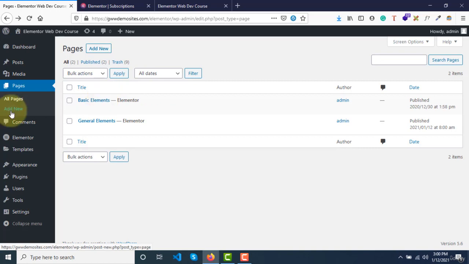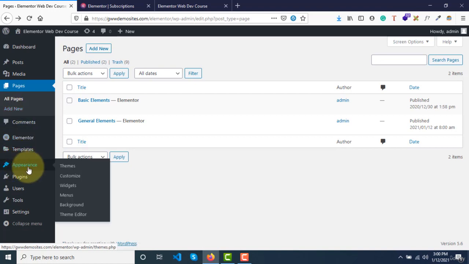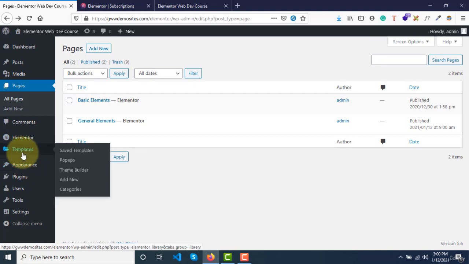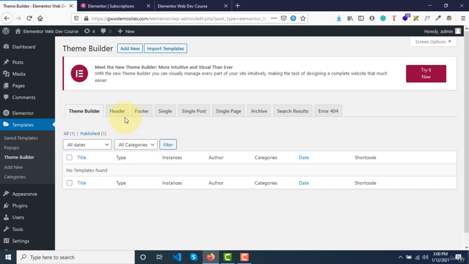In our next video, I'll tell you briefly about what the template library is. It is one of the features that we need to know before we get started. Once you understand the template library, we can get started with all these features, like under theme builder we have header, footer, single post, single page, archive, search results, and 404.